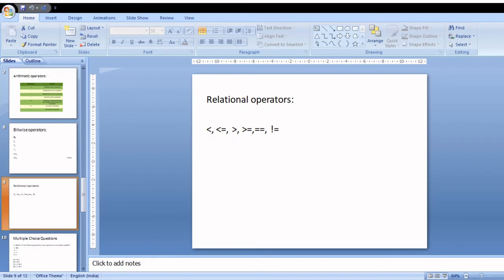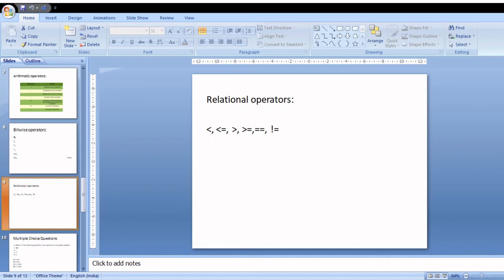In the next session, we will look into some more operators like assignment operators, logical operators, increment and decrement operators, conditional operators, and special operators.